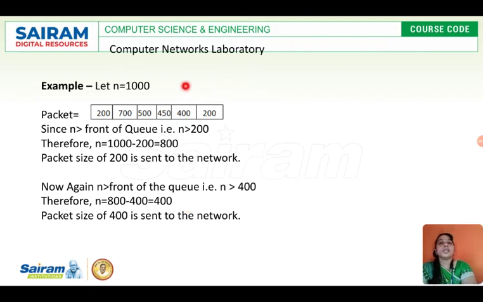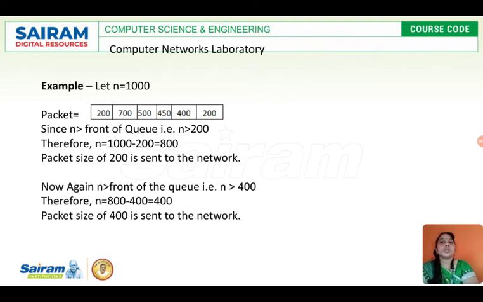Who is there next in the queue? The packet whose size is 450. I can accommodate only 400 bytes of data, but my next packet is of size 450 bytes. So what can I do now? I cannot allow this packet. If I allow it, it will overflow. How much will overflow? Only 400 bytes I can accommodate, but I am getting a 450-byte packet. Then 400 will be accommodated, and the remaining 50 bytes of data will overflow and be lost.